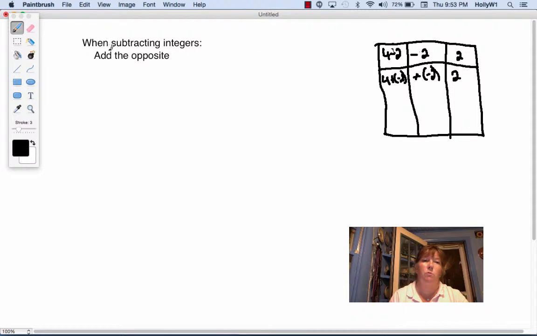So this is really what you should have gotten out of the activity yesterday. Which leads me to this rule over here. When subtracting integers, you're going to add the opposite. So let's give some examples. We're going to start with 3 minus 12. Well, I take the first integer, and that is going to be the same. We don't change that at all. We change the subtraction to addition, so it becomes 3 plus, and we're going to take the opposite